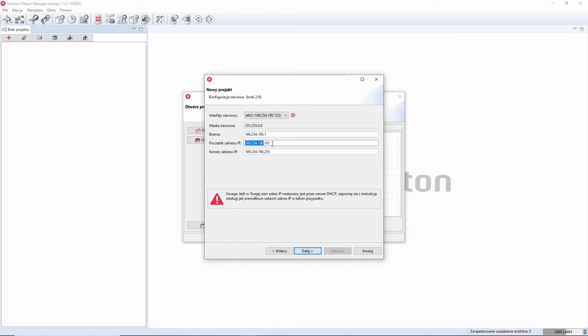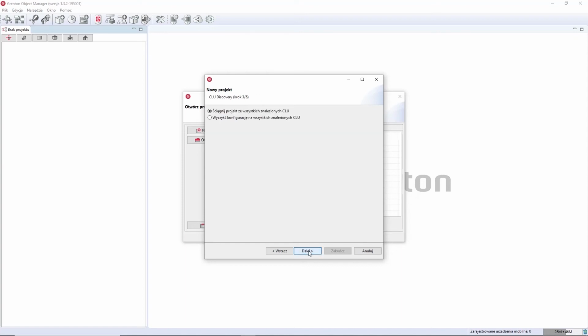And in the next step, and this is a very useful function, when creating new projects, i.e. what we are going to do today, select option 2, clear the configuration on all CLUs found. This will cause that when we find a CLU, its memory will be cleared and we start working with a new project. If for some reason we lose the project in the system that we configure, the computer crashed or any other random situation happened, or we are passing an object that was configured by someone else, at this moment